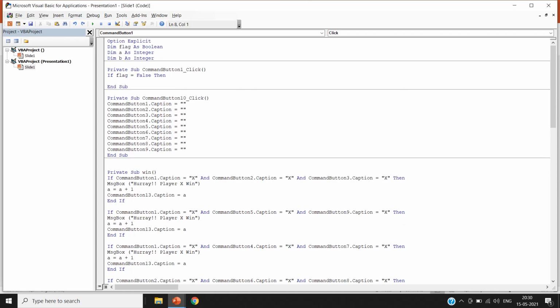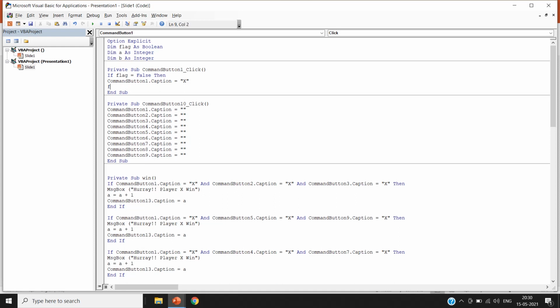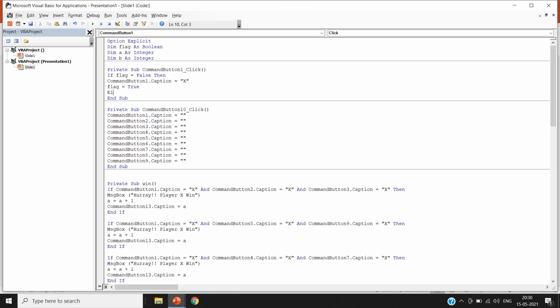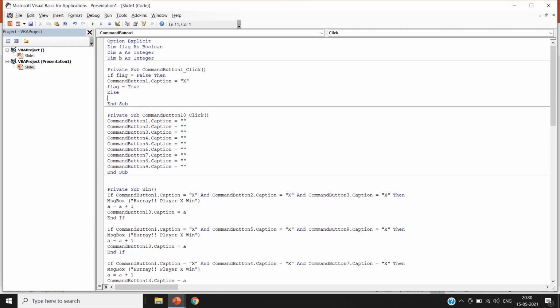If flag is equal to false, then CommandButton1.Caption is equal to X, and change the flag to true. Else CommandButton1 caption is equal to 0, and now change the flag to false.